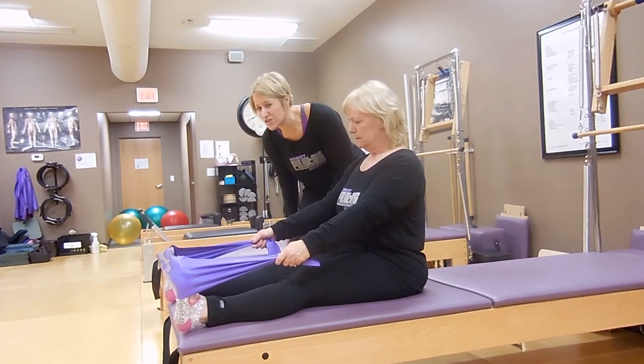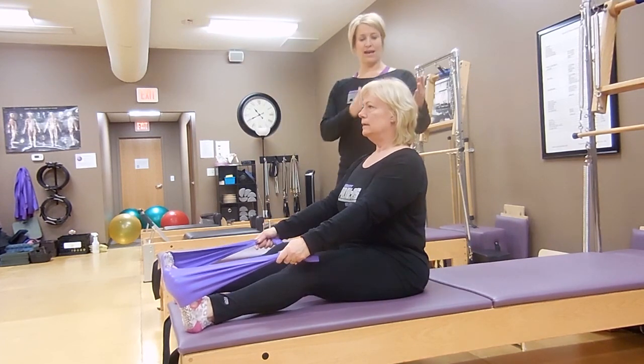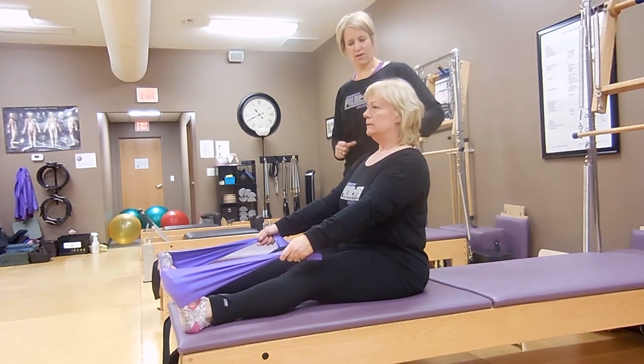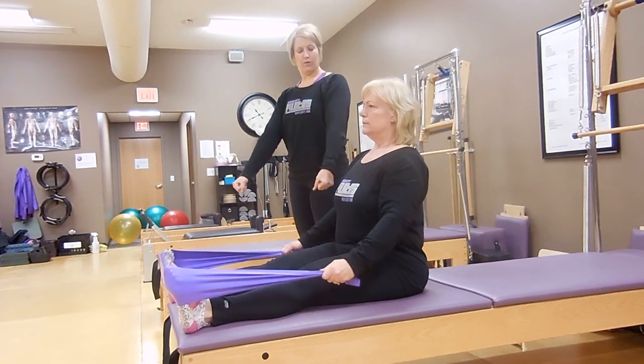If your hamstrings are tight, you might need to bend your knees to find your tall spine. You want to be up on your sitting bones, pelvis upright. You want to have this nice alignment so that your head is right over your rib cage, right over your hips. From here, with a nice big breath, as you inhale and the arms are straight, you pull the band back,